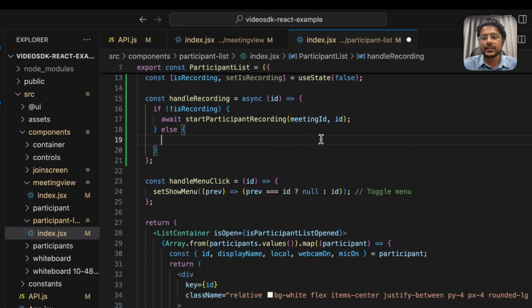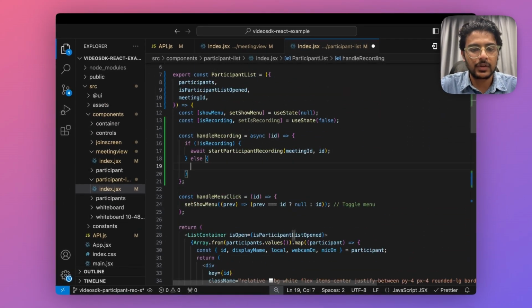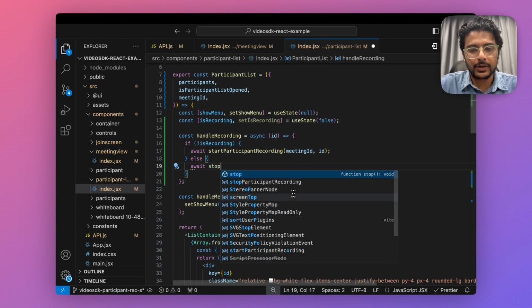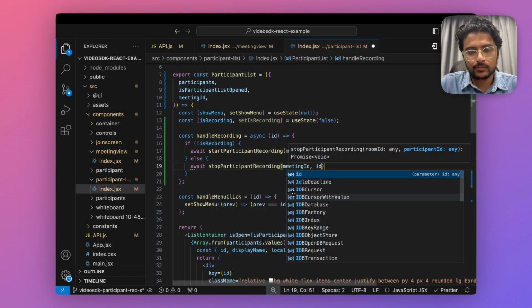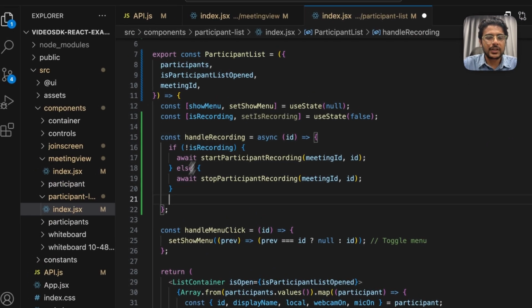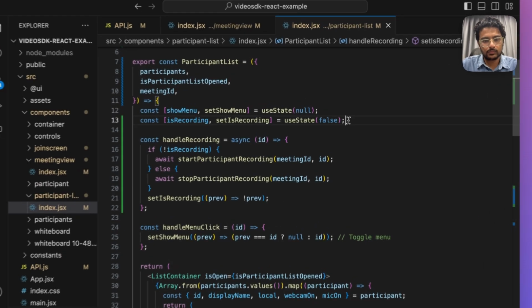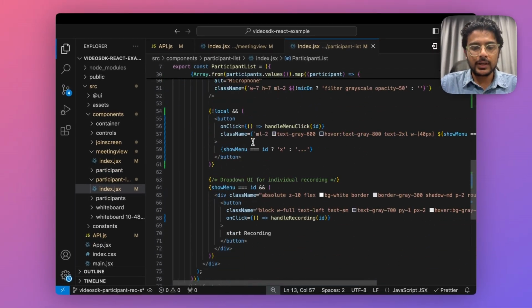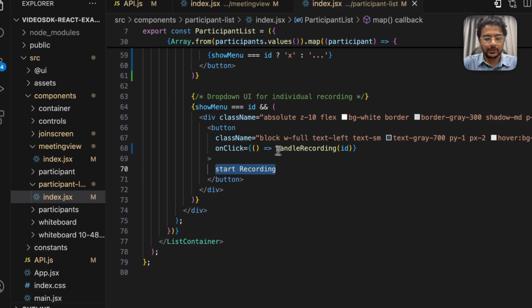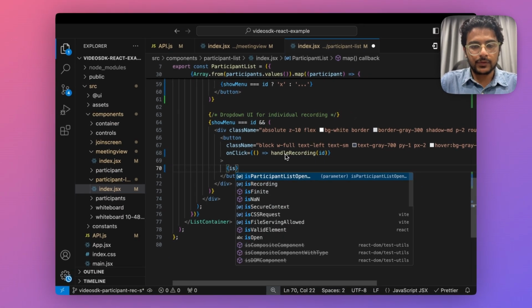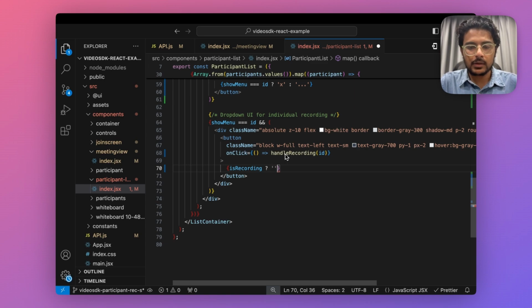If a recording is already started and that button is clicked, in that case we can call stop participant recording. And finally we will change the status of this recording. One more thing, when recording is started, let's change the text inside this button. So if recording is started, we can say recording. Also, we can give some instruction that you can stop this recording by clicking this button again. Otherwise, start